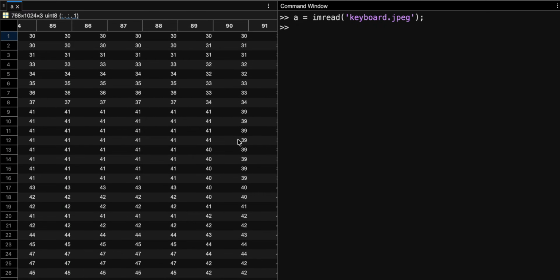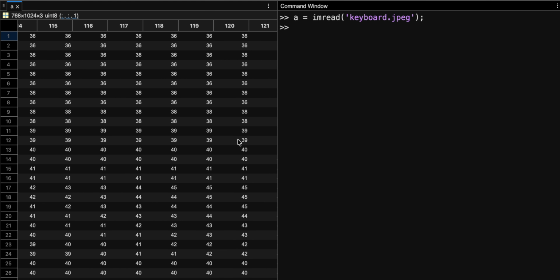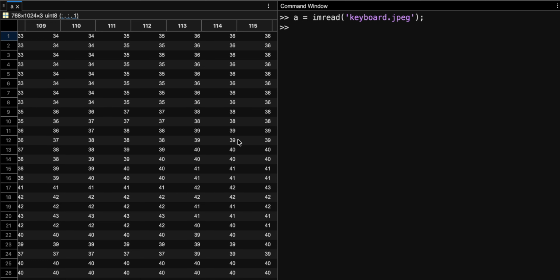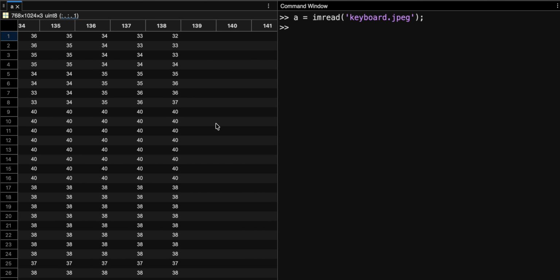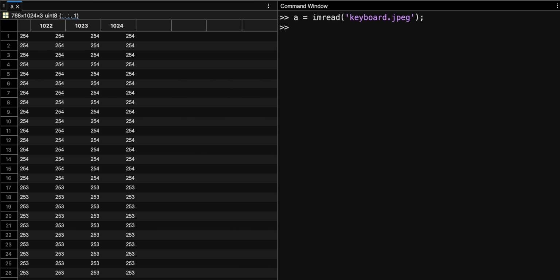Let's check how many columns this image has. Looks like this image has 1024 columns. How about the number of rows?